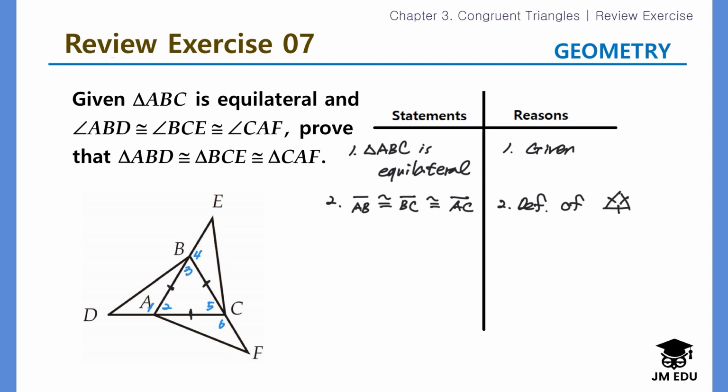Also, we can write all the angles are congruent. Number 3, angle number 2, angle number 3, angle number 5, they're all congruent. They're all equal to 60 degrees, right? This is also definition of equilateral triangle, right? Number 4,